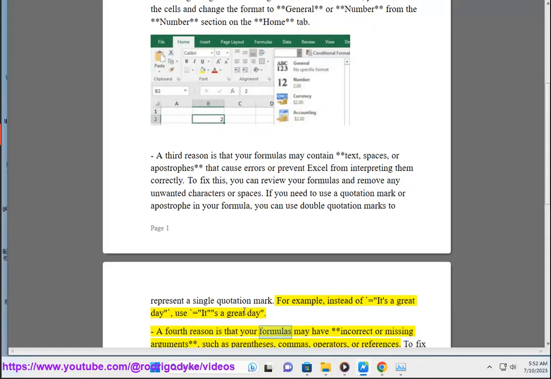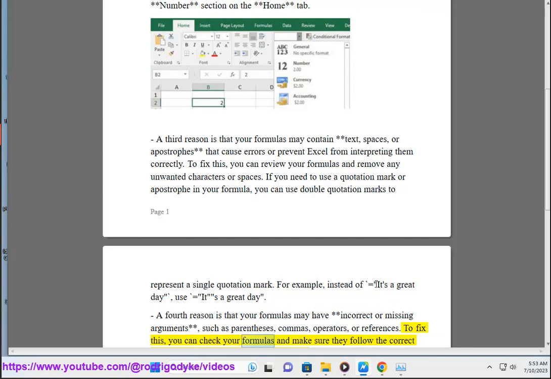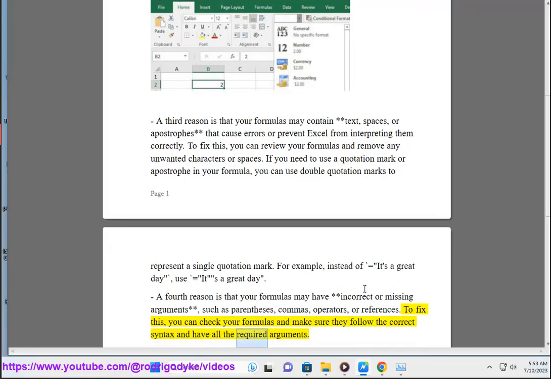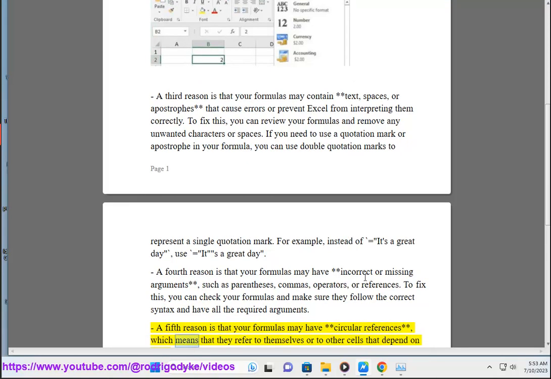A fourth reason is that your formulas may have incorrect or missing arguments, such as parentheses, commas, operators, or references. To fix this, you can check your formulas and make sure they follow the correct syntax and have all the required arguments. A fifth reason is that your formulas may have circular references, which means that they refer to themselves